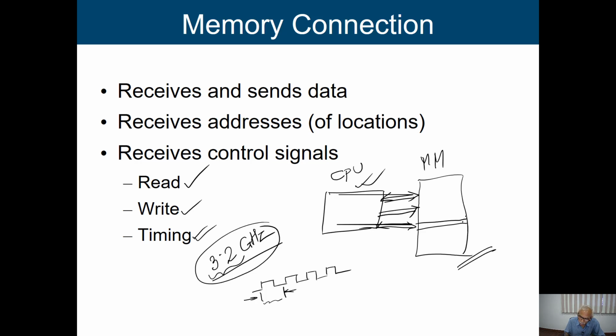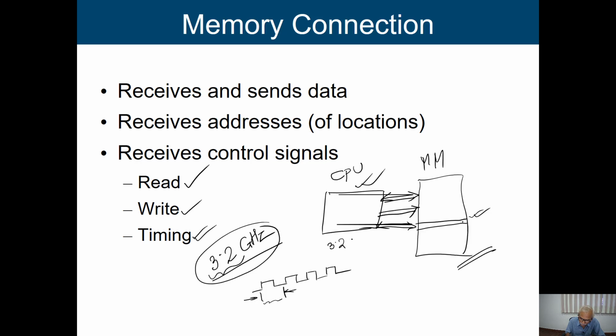If we are going to build a main memory which also works on this same clock of 3.2 gigahertz, then the cost of main memory will increase like anything and it will be beyond the affordable limit of people. We cannot purchase any laptop, we cannot purchase any computer. So that's why we are coming with a slower solution, and for that the cost is coming down and coming into affordability.